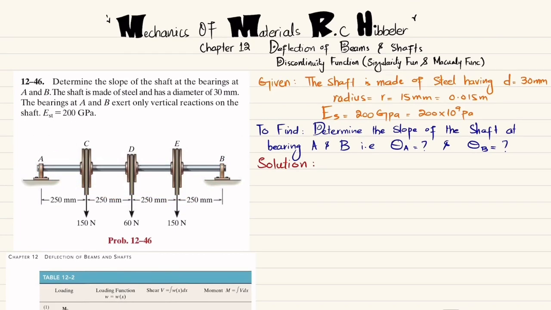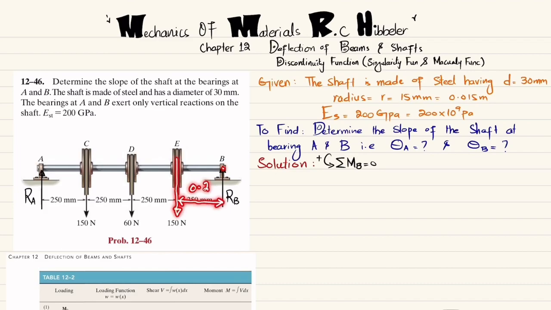The first step will be, if we remove this bearing at point A, so you will be having a reaction force. Let this is RA, and if you remove this bearing at point B, so you will be having a reaction force that is represented by RB. So we'll find RA and RB by using equation of equilibrium. So first equation of equilibrium, that sum of all moments about point B is equal to 0, and taking the counterclockwise moment as positive. So about point B, first moment will be this 150 into perpendicular distance, which is 250 millimeter,